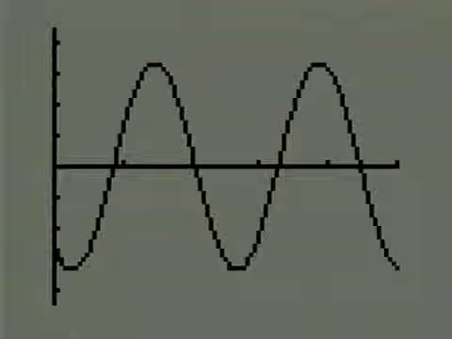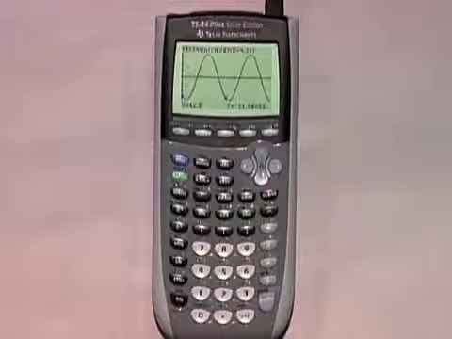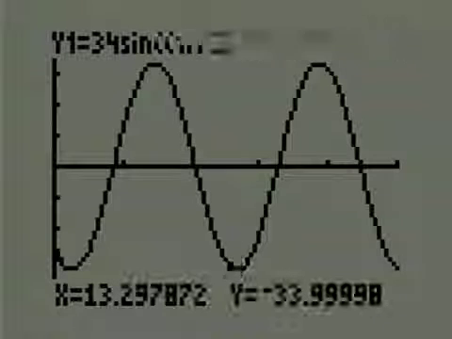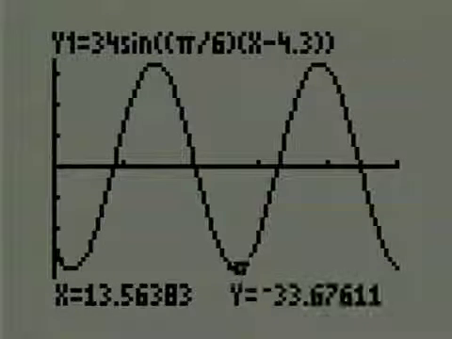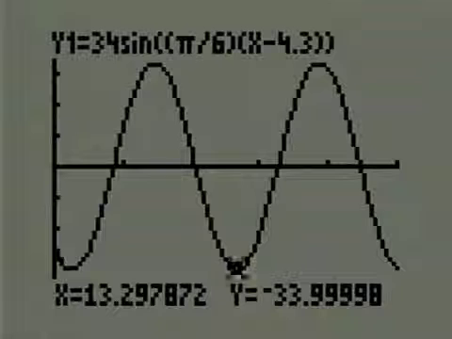I'm going to press the trace key on the calculator, and you'll see that if we look at the screen, the cursor is blinking at about x equals 12.5. Let me move that over just a little bit, and if I move back and forth, you can see that negative 33.99998, and that's occurring at approximately 13.29. What that means is that the amplitude is such that it's going down to almost negative 34, which means